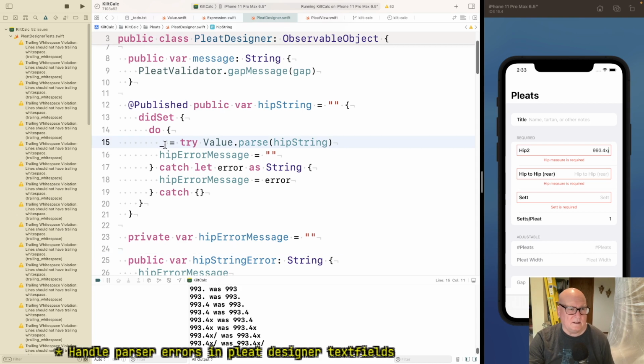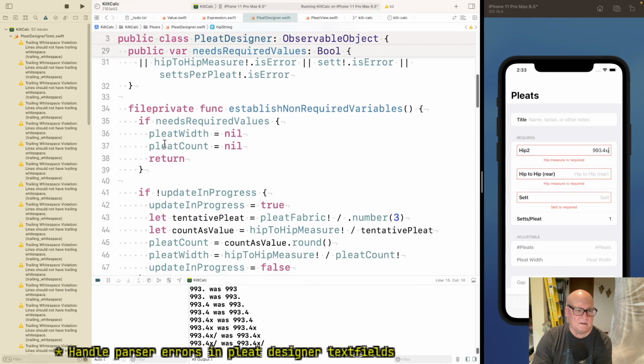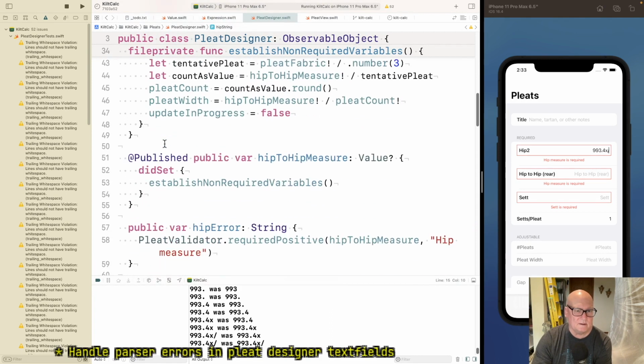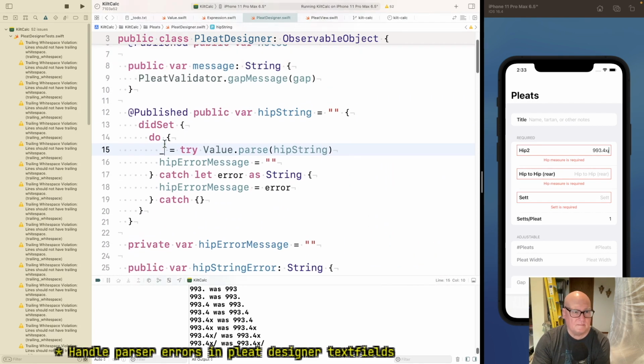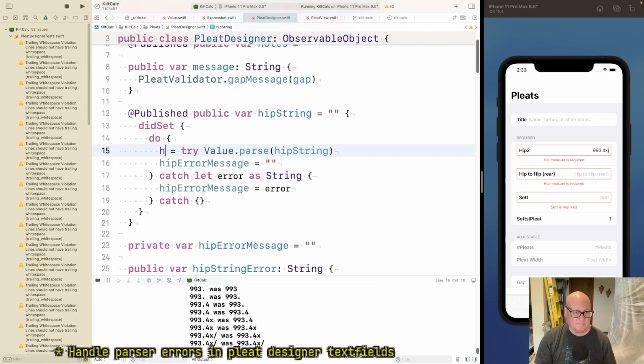Well, I guess I want to assign hip. Okay, so we parse our string. If it works, we assign it to hip measure and clear the error message.